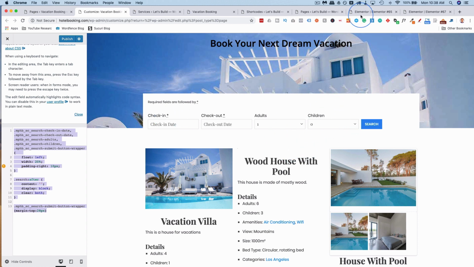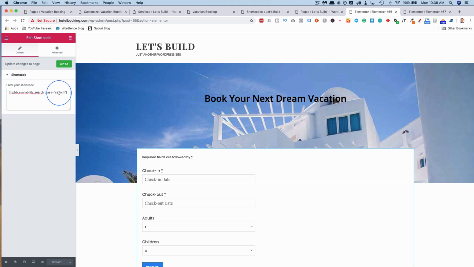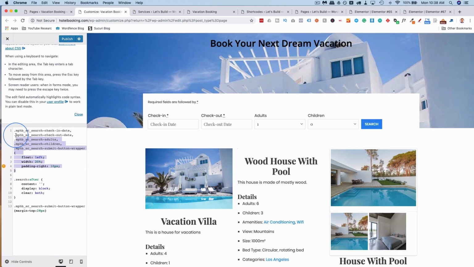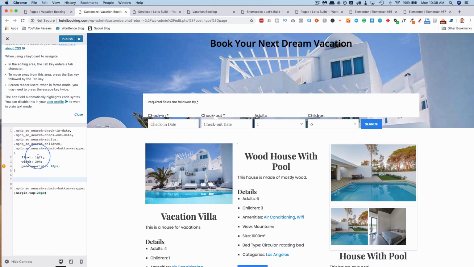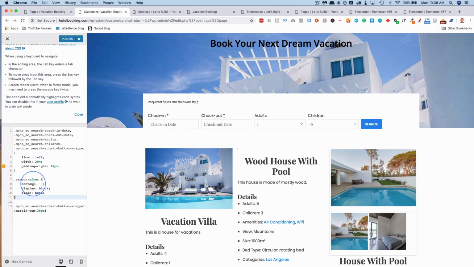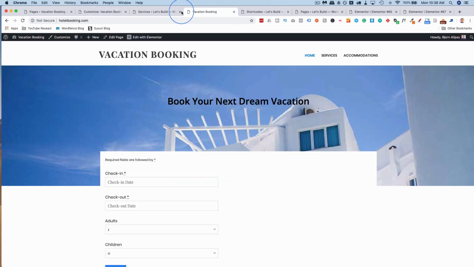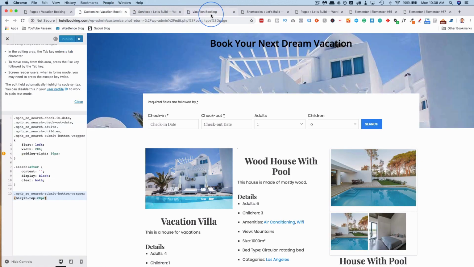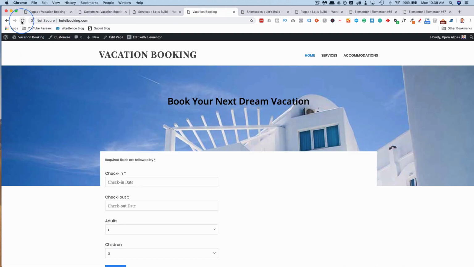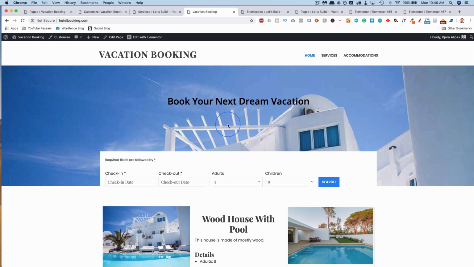As long as you added search in here as the class for the availability search widget. If you don't add that search parameter, some of this will work. So this part will still work. This part won't, and it's going to look like this. We have this background coming through because when you float elements, stuff gets crazy. So you have to clear the float, and that's what the search class and its CSS selector does. And that is how we do it. And now, after we save this, we go to our home page, refresh, and now we have a fully functioning booking website